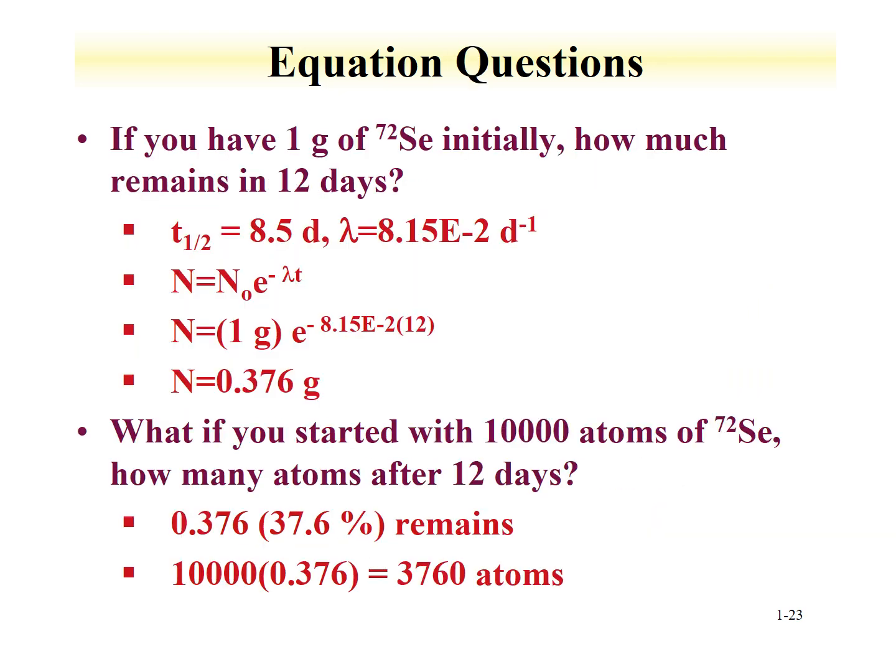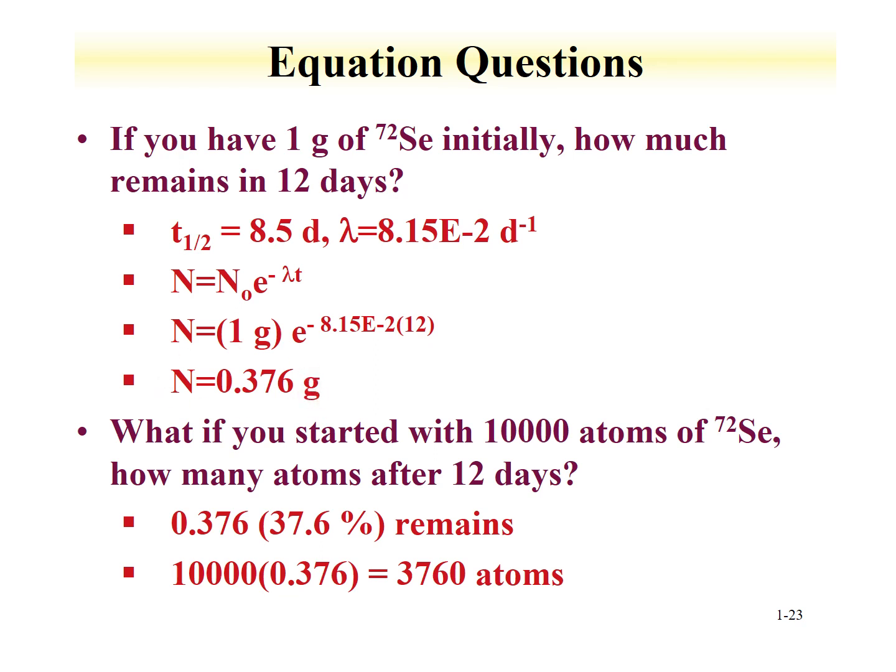Based upon some of the equations that we've reviewed, one should be able to answer some of the following questions. For instance, if you have 1 gram of selenium-72 initially, how much remains after 12 days? Well, the half-life is 8.5 days. The decay constant is log 2 divided by 8.5 days. The number initial times e to the minus lambda t. Well, this is nominally for atoms, but atoms, grams, they're completely linear relationship. So 1 gram times e to the minus lambda times t, 12 days, you get